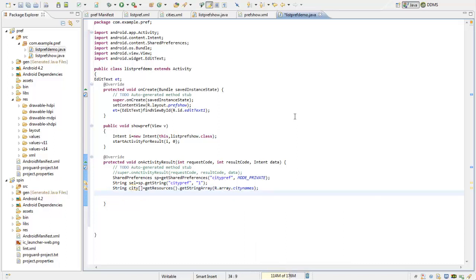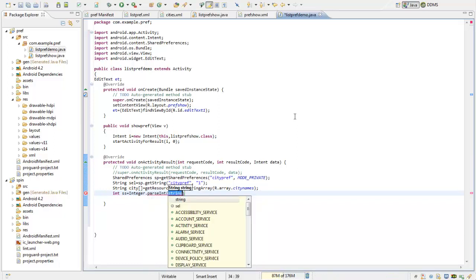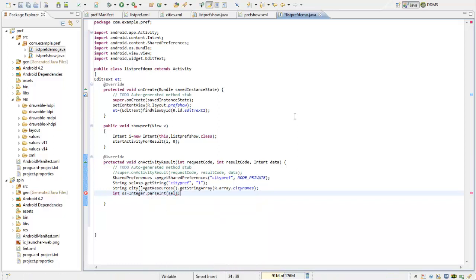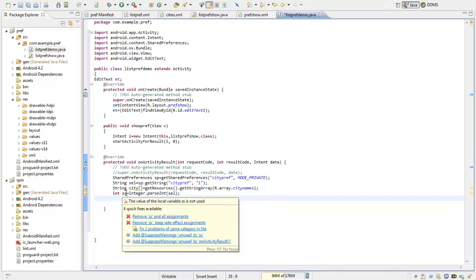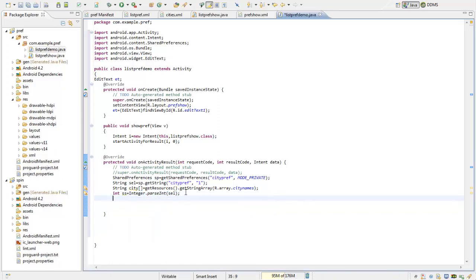So now the selected value should first be converted to an int: ss equals Integer.parseInt of scl.